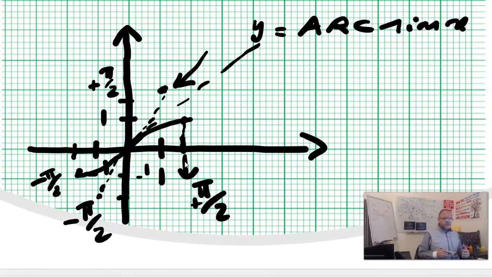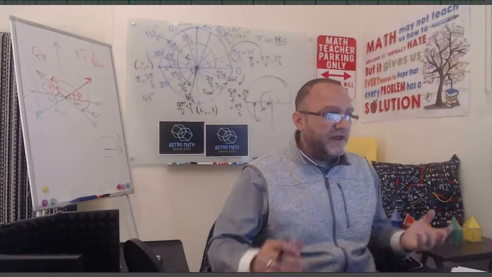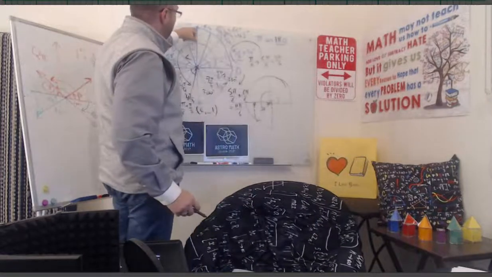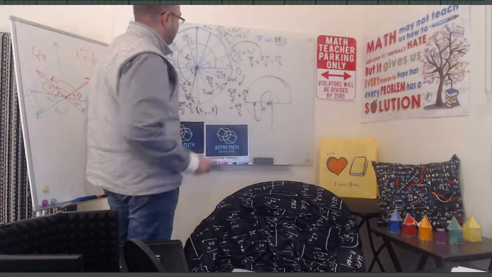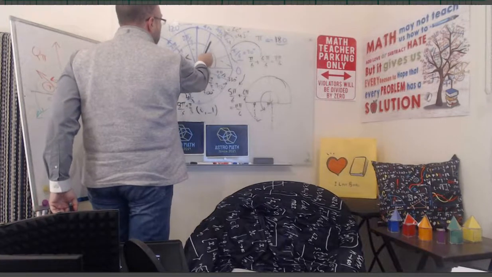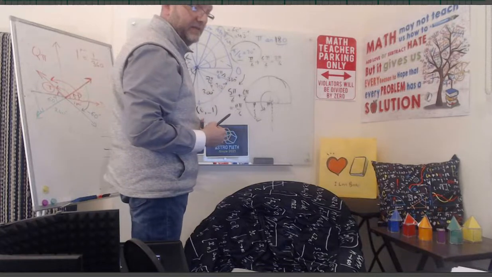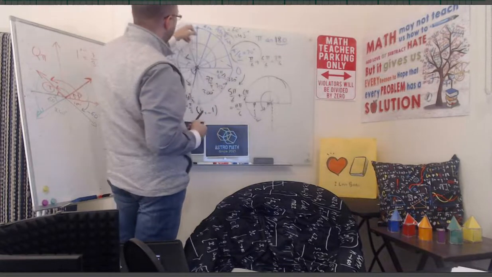You cannot just take all these folds of repeating waves and pattern and imagine a reflection over the y equals x. That's why we did restrict it. And why minus pi over 2 and plus pi over 2? Because remember, let's look at the circle. Look, it's not the unit circle, it's any circle. The first rotation, this is your pi over 2 and minus pi over 2. This is the max that this rotating vector can go to in the vertical direction. The max that it can go to in a vertical direction is plus 1,